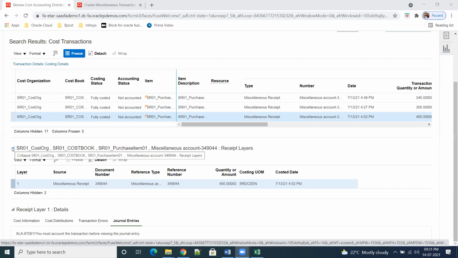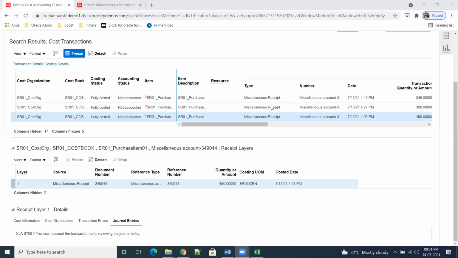Today we'll see receipt, tomorrow issues and miscellaneous issue, then subinventory transfers, PO receipt and RMA. All these are types of transactions, and they will hit your cost organization cost book.